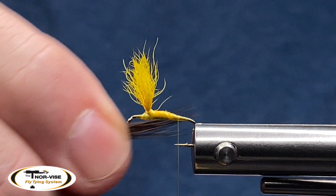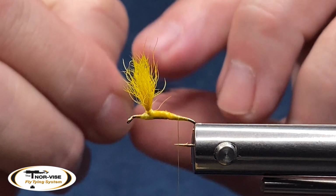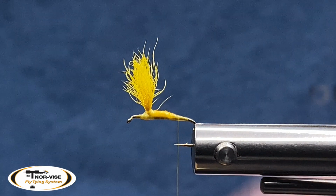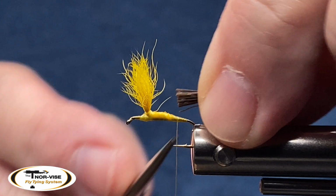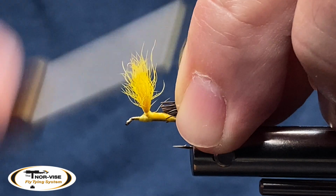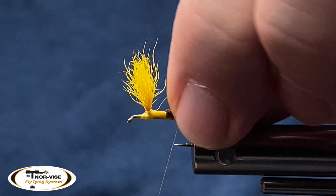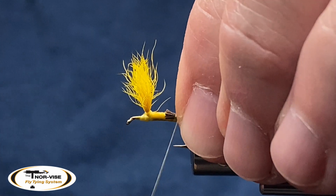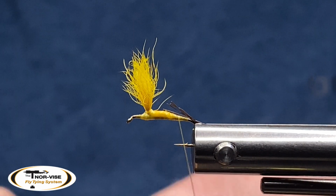Now the length of your tail is typically about the shank of the hook, so I'm going to take that eyeball measurement I have. Well, I like to pre-trim, because I know with this downward slope, I really want those fibers to be in that general area. So I want to do a counterclockwise twist. I'm going to make a few wraps and look, what does my tail look like? That's a little bit long for me. I'm going to gather that up, bring it over here, and shorten that up a bit,